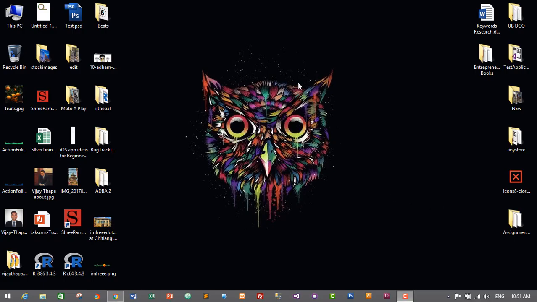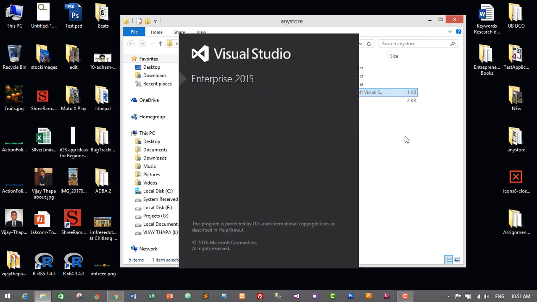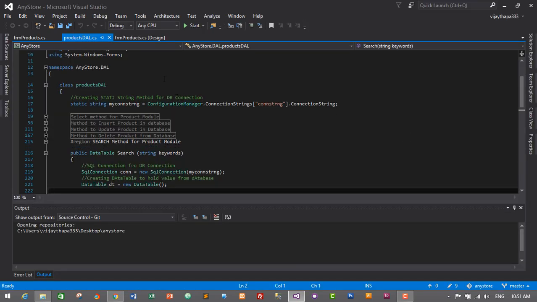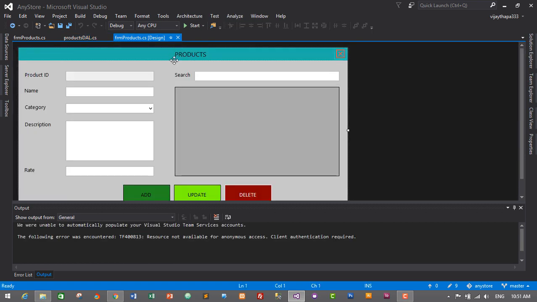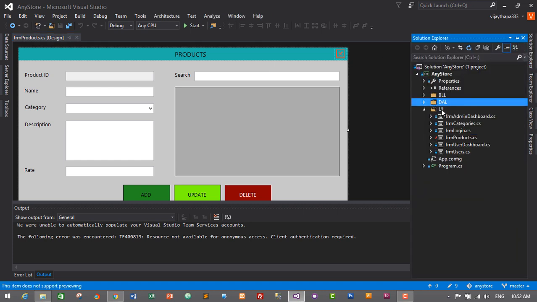So first of all, I'll start my project by going to my project folder, which is NStore on my desktop, and open our solution file, nstore.solution, and our project will open in the Visual Studio IDE as we are developing a Windows Form application. So this was our product form. Now we need to add a new form for our supplier and customer, or dealer and customer. Supplier and dealer are similar, so let's go to Solution Explorer and just minimize DAL and go to the UI folder